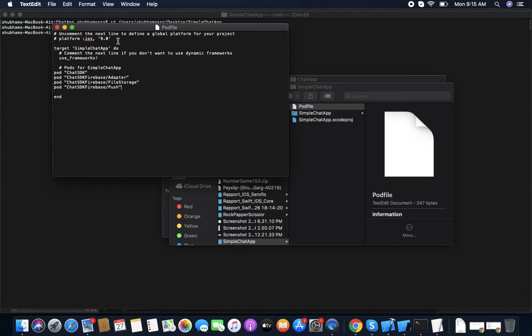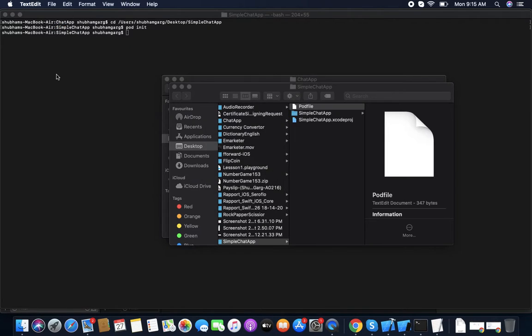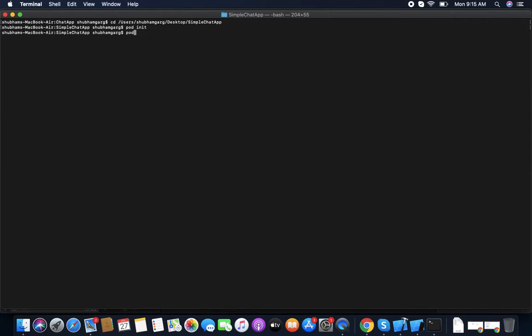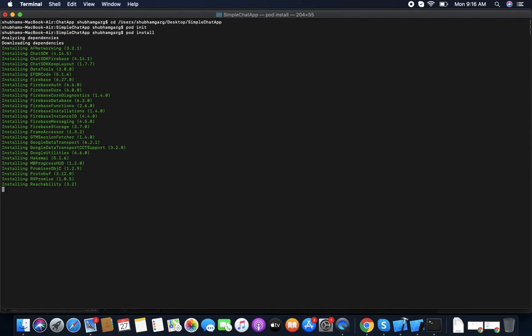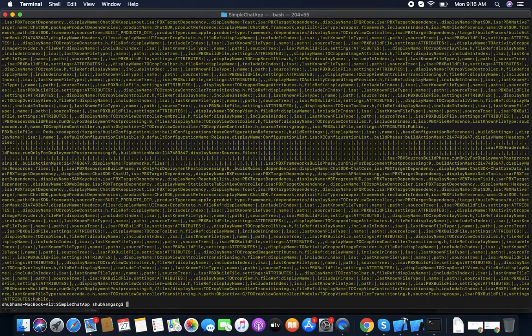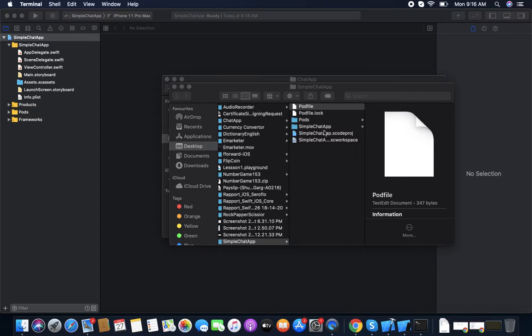You save that, close that, and now run the command pod install. It will take a little time because they have lots of pods to integrate. Basically, Chat SDK has pods for Chat SDK along with it. They have other pods like Firebase or others which it will use.